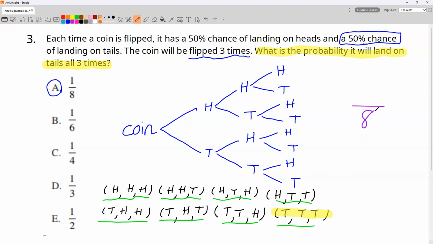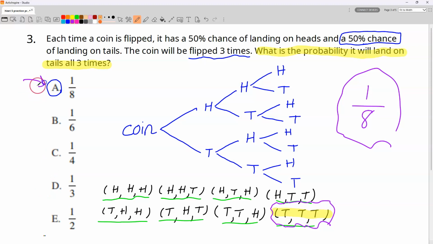And which one came out the way I wanted? Which outcome was tails, tails, tails? Well, there's only one right here. This was the only one that came out tails 3 times in a row. The rest didn't. This, for example, came out, I spun it the first time and it was a tails. The next time I spun it, it was a heads. The next time it was a tails. The only possible outcome that gives us tails, tails, tails is this one. There's only one of them. The others don't work, so that goes on top. And that's a 1 out of 8